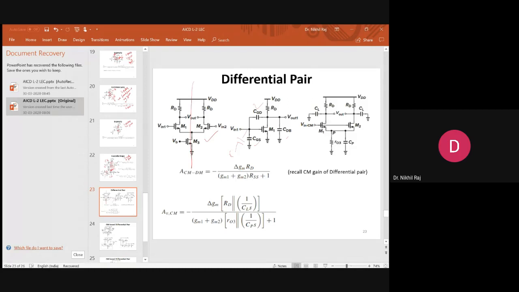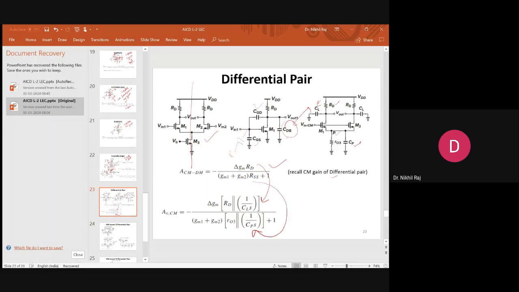Now when we do the common mode signal analysis, which we have already done for the differential amplifier, we got this equation. The only difference, if you see, is that this P node will experience a CP capacitance. And this RD will experience some load capacitance. Okay, CL means this CDB. If no additional capacitance is there, this CL is nothing but your CDB. So only the change will come in that RD will be this one, and your RS will be changed to this one.